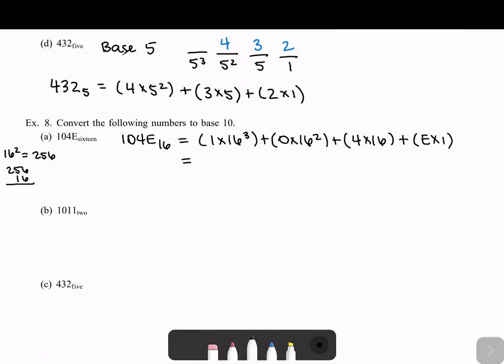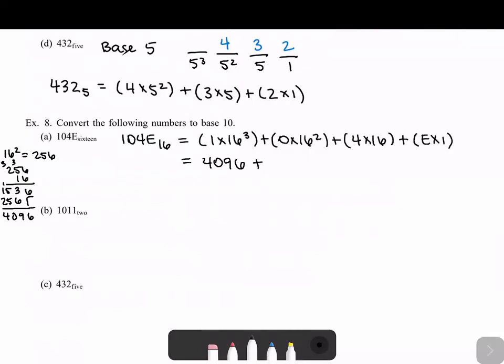So 6 times 6 is 36. We carry the 3. 6 times 5 is 30. Add the 3, carry the 3. 2 times 6 is 12, so this is 15. 36. And then we have 256. So when we add this all together, we get 4,096 is 16 cubed. So this is